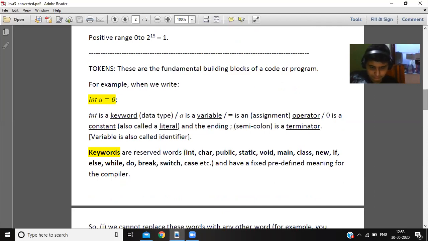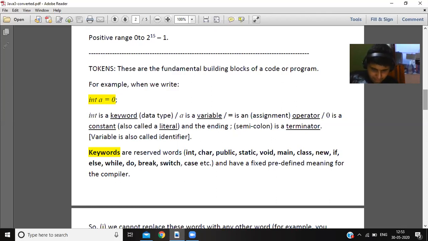A is a variable, okay, let us call it variable now. Equal is an assignment operator. 0 is a constant or literal. And the ending semicolon is a terminator.